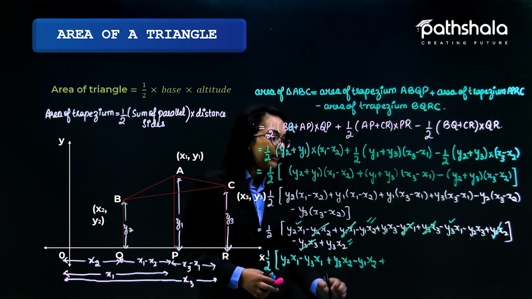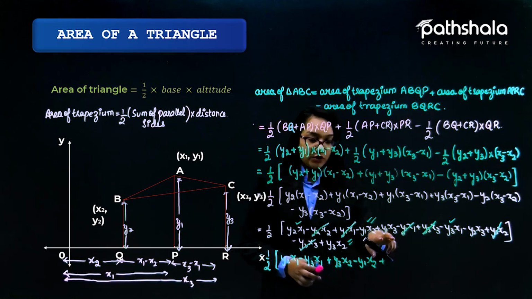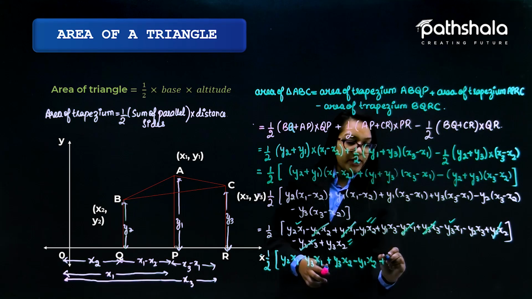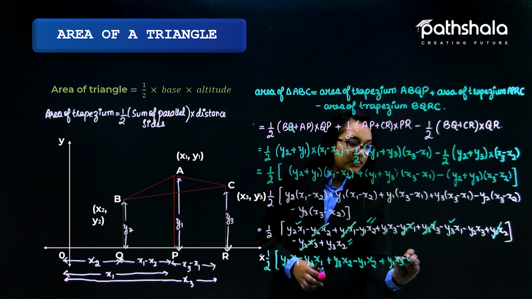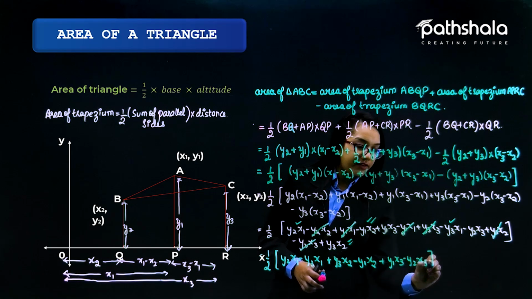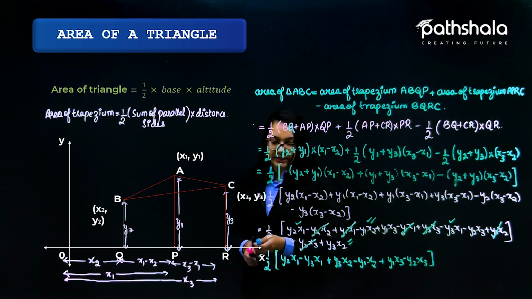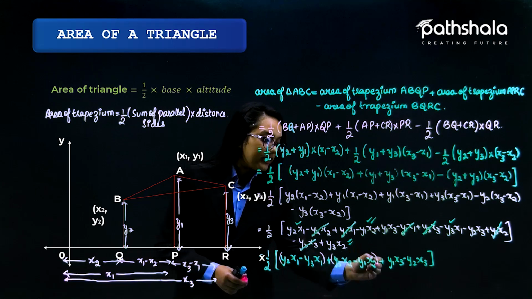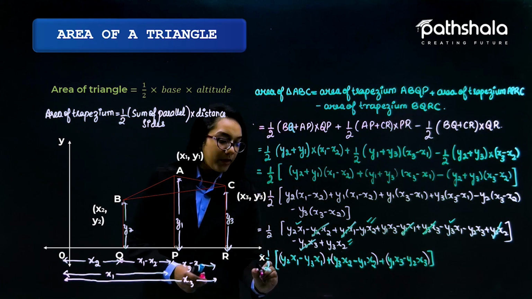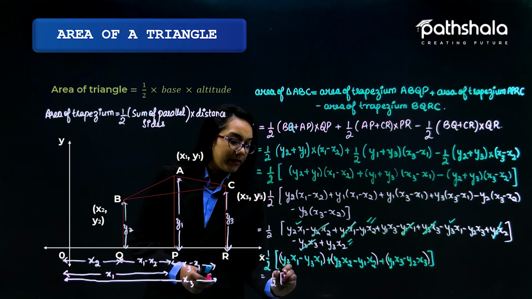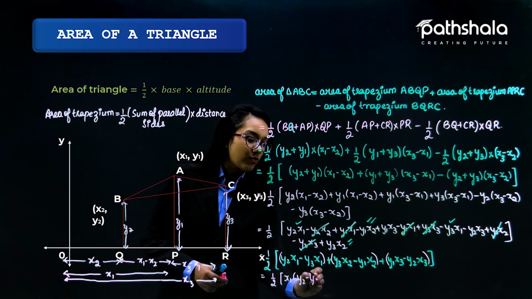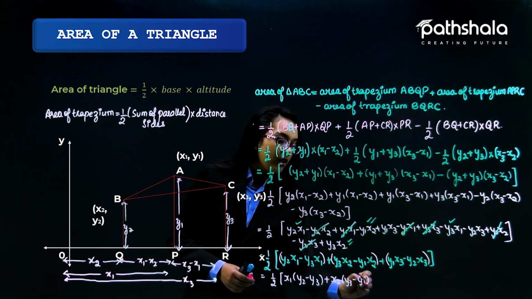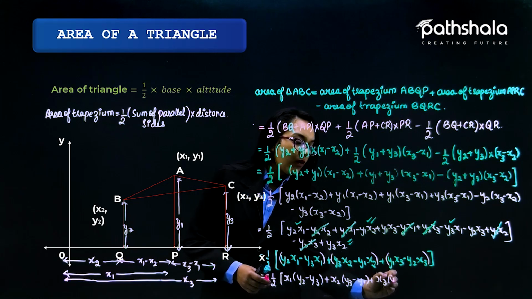And further I'm taking the elements that have x3. As we can see, we have y1x3 and further we have −y2x3. So we can write it as y1x3 − y2x3. We can write it in this particular formation. As we can see, we can take the elements x1, x2 and x3 common out of these brackets. So let us write it as half of, I am taking x1 common, this is (y2 − y3), plus, I am taking x2 common, (y3 − y1), plus x3, this is (y1 − y2),